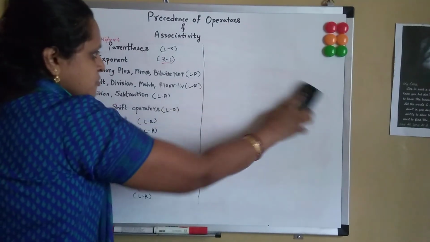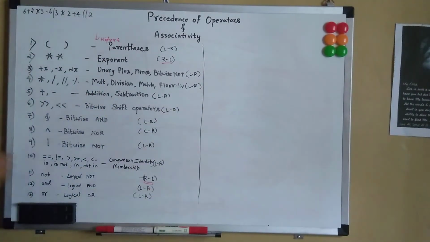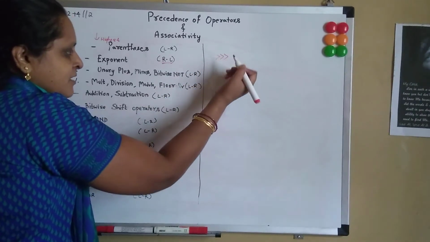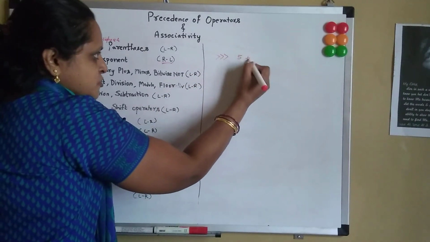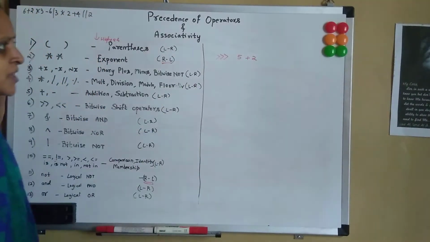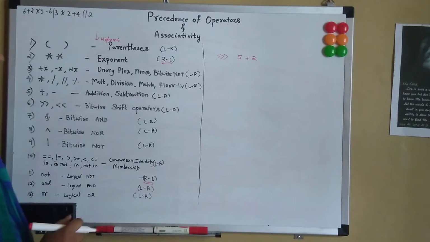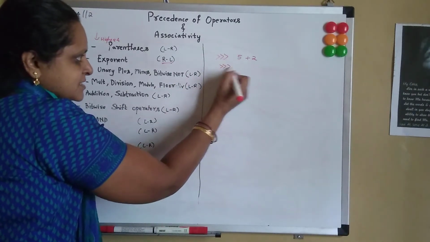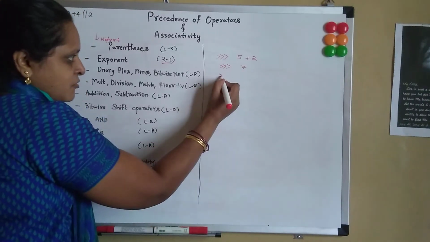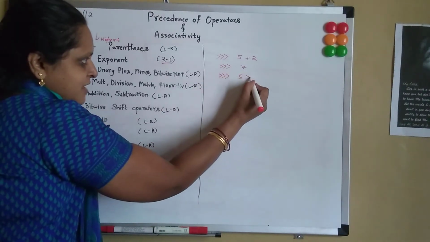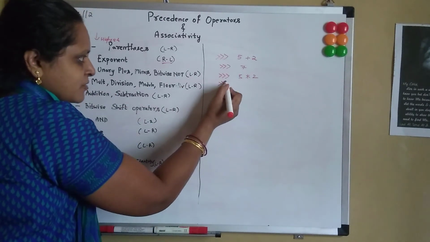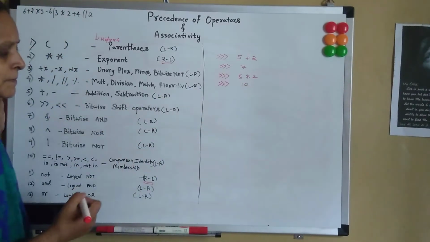So now let's look into more mathematical expressions to learn more about the precedence and the rule of associativity. Ideally, if I say 5 + 2, since only one operator is there, that is the addition operator, we need not look into the precedence chart. We can directly say the output is 7. Now let's look into one more example, 5 * 2. There is only one operator, so we can directly solve it. The answer would be 10.